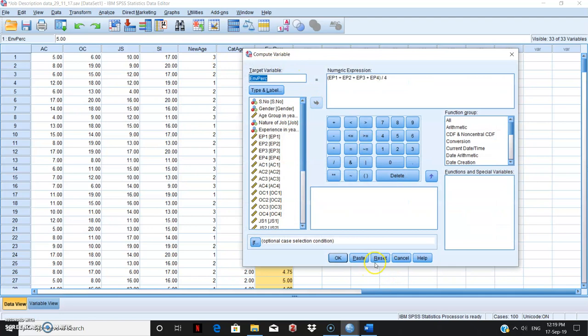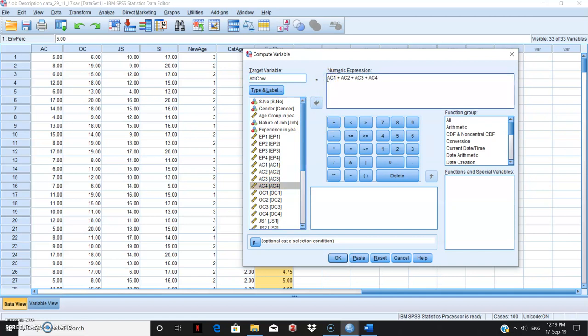Now, I reset this. And what is it that I want? I want attitude towards coworker. So I can call this attitude towards coworker, which will be attitude towards coworker first statement plus second statement plus third statement plus fourth statement.